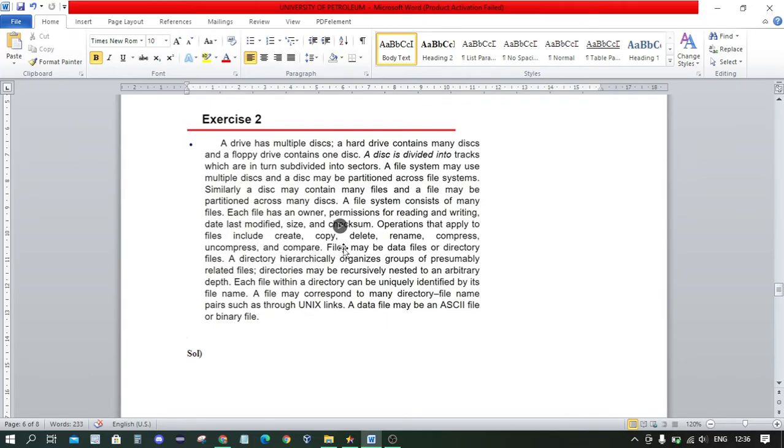Files may be data files or directory files, so here the types of files are defined. We can get an idea that there is a parent class called file, and it has child classes named directory files and data files.